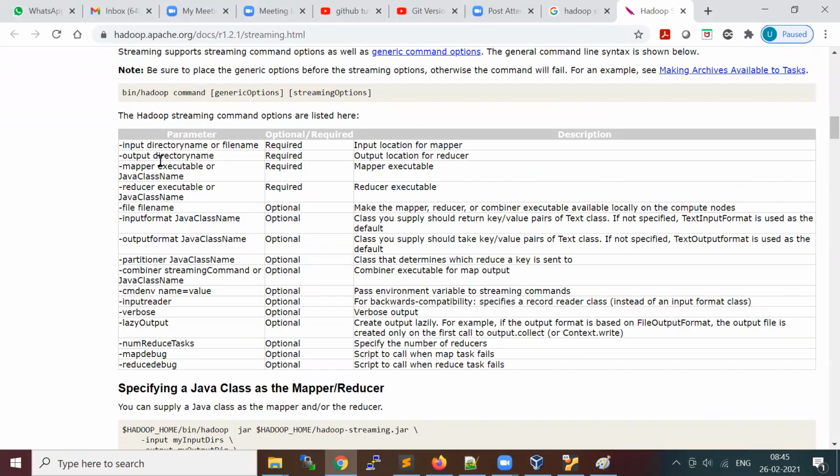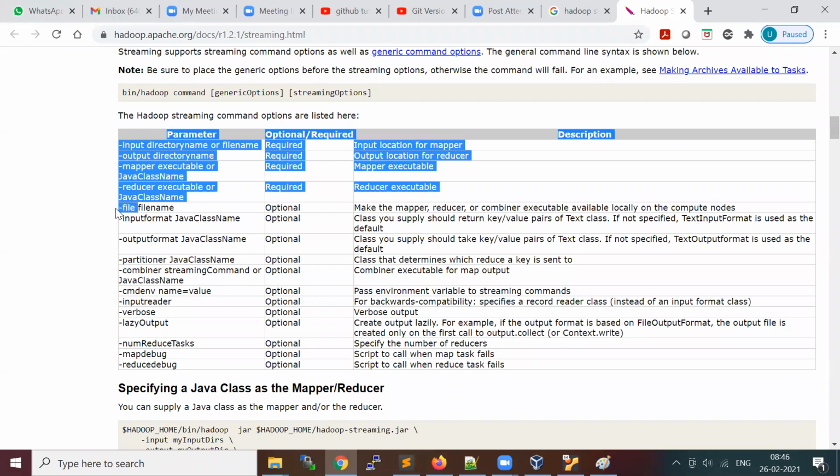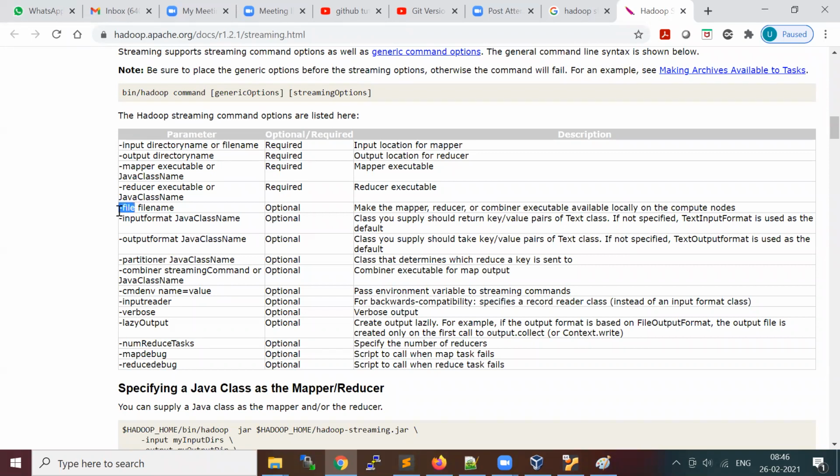Okay, so first, before we come to the mapper, sorry, input and output. We need to pass hyphen mapper. Okay, and then you have to provide your mapper Python file, mapper.py, and you also need to specify, using the file property, the full path of your Python file where it is located. Similarly, you have to provide the reducer also, where you say reducer.py using the file property and provide the file path of the reducer.